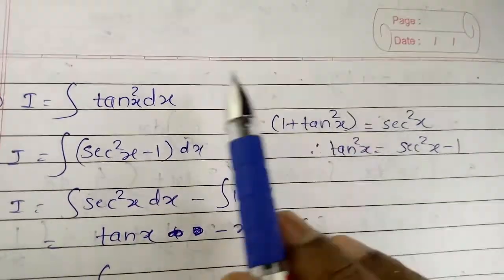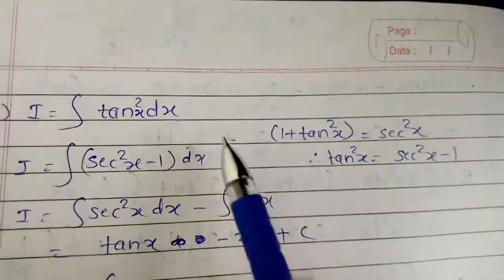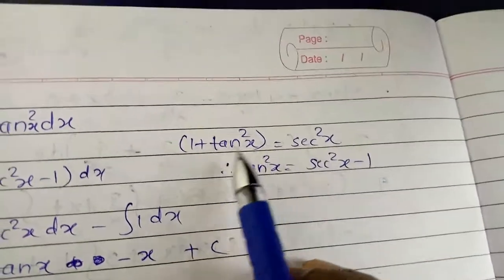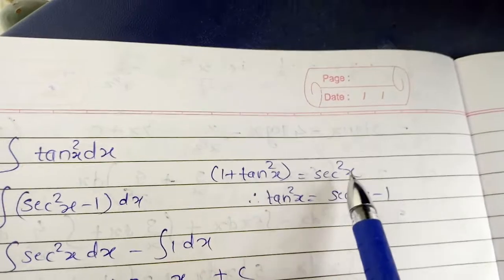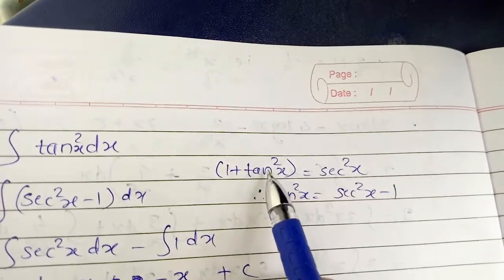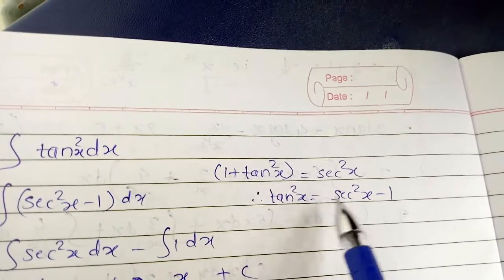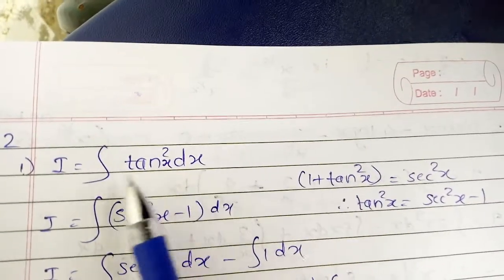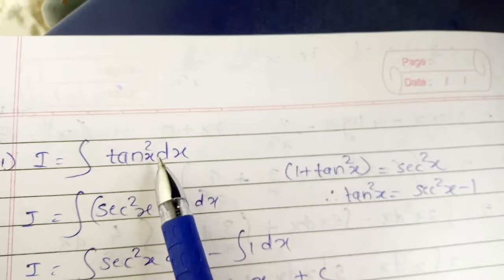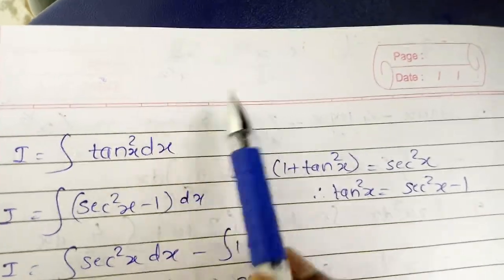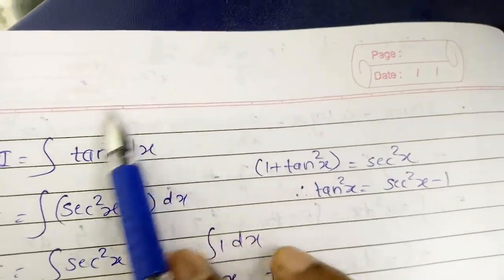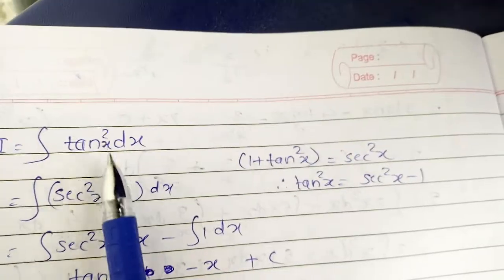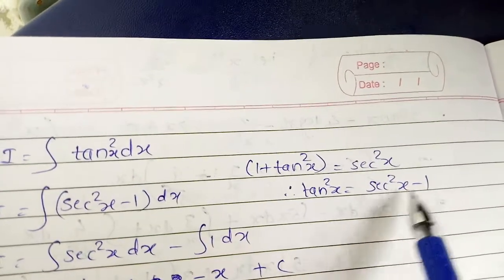So first, to solve this example you have to know this trigonometric identity which you learn in the 10th standard, that is 1 plus tan square x is equal to sec square x, and so we can easily find the value of tan square x, that is sec square x minus 1, because we don't know the formula of tan square x. There is no formula for integration of tan square x. You learn the formula of integration of sec square x, so we have to convert this tan square x into sec square x. So we are going to put down this value of tan square x, that is sec square